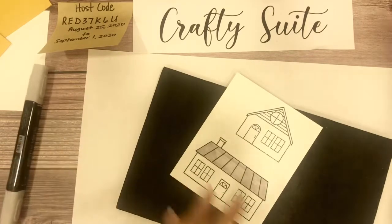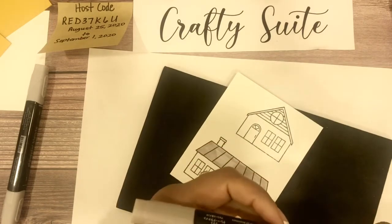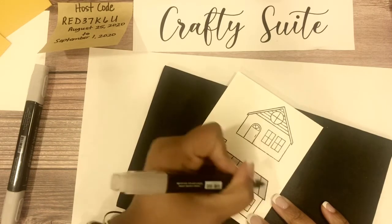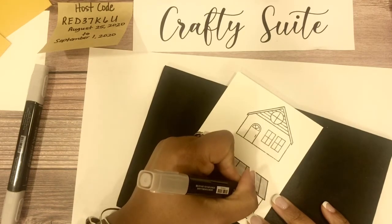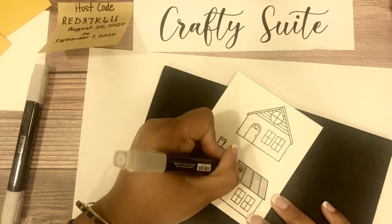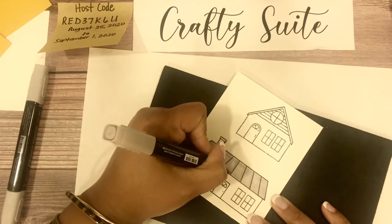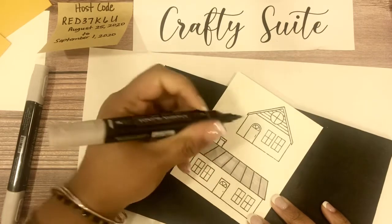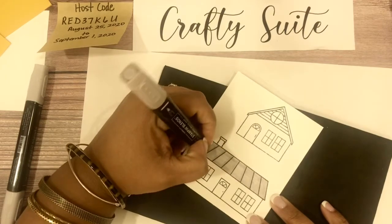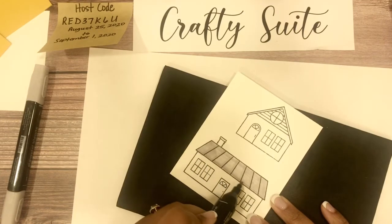All right, I want to add some dimension to this roof. So I'm going to come in with my dark Smoky Slate, and I'm just going to add some shadows to the side just to add some depth to the roof. And then I'm going to come back in with my light and blend it all together, and you'll be able to see the difference between the way it was and how the dark gives it some dimension. And you can already see it